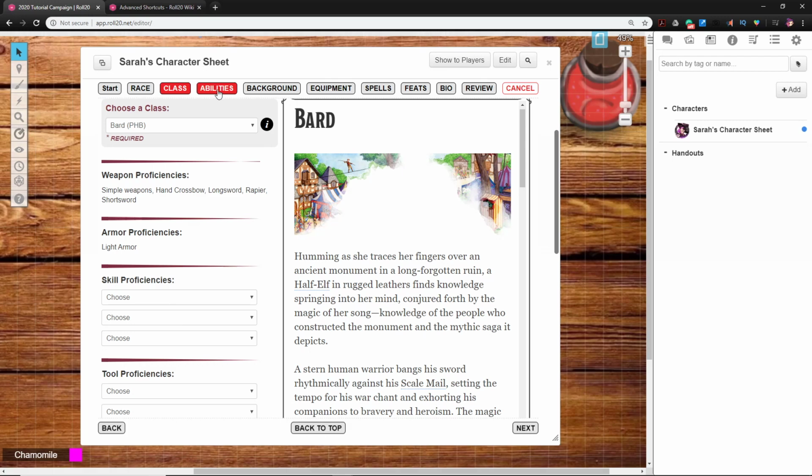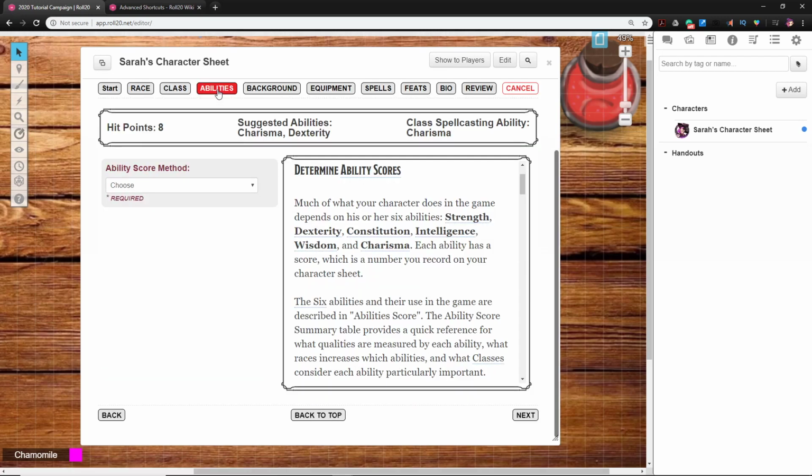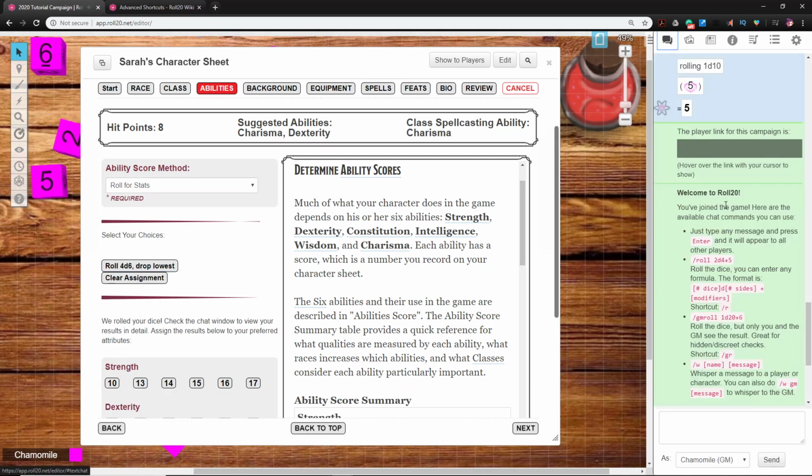So then we go to abilities. I'm not telling you how to run your game, but 5th edition was definitely not built to be balanced around rolling for stats. If you do want to roll for stats, though, boy howdy, they will let you do it. Their preferred method is 4d6 drop the lowest, so if you decide to do that, your players can click it, and it will magically